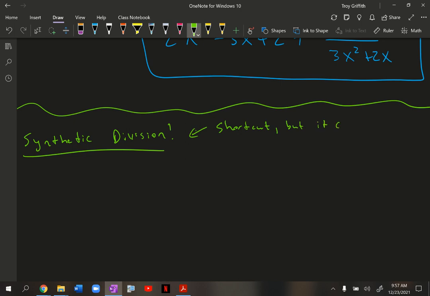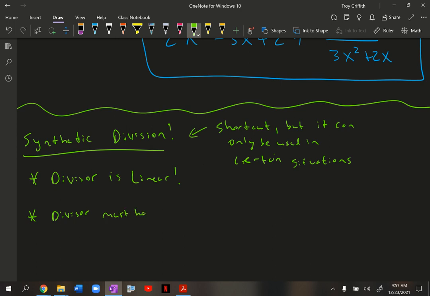but it can only be used in certain situations. Okay, sorry, my handwriting's a little sloppy right here. In certain situations. Okay, so in order to use synthetic division, there's two things that need to happen. First of all, the divisor, or the thing we're dividing by, must be linear. Divisor must be linear, and the divisor must have a leading coefficient